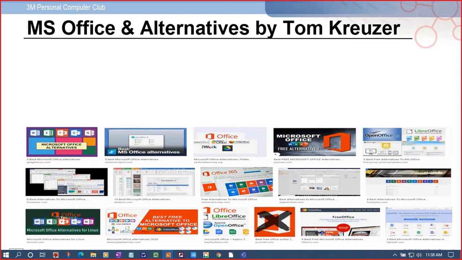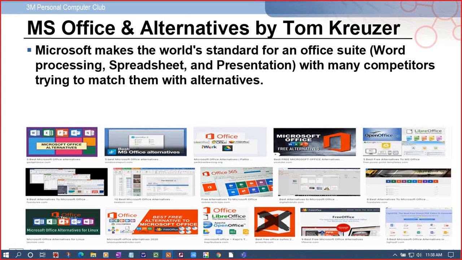Okay, let's get to our main topic today, which is Microsoft Office and Alternatives, by myself, Tom Kreuzer. Microsoft makes the world standard for an Office suite. And suites, by definition, is usually a word processing, spreadsheet, and a presentation. There's many competitors out there trying to match what Microsoft has, and lots of alternatives and options, and that's what